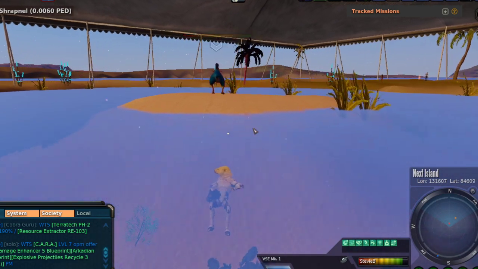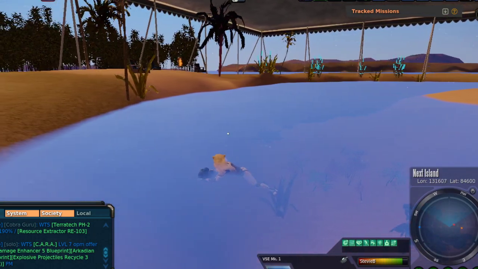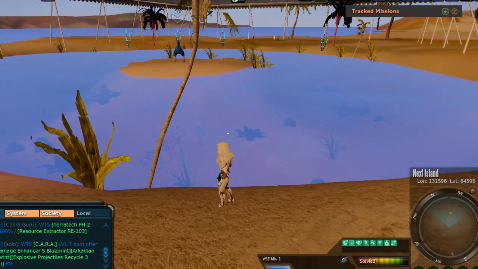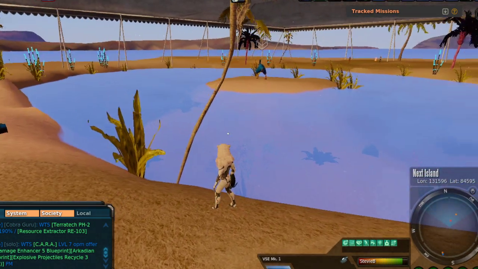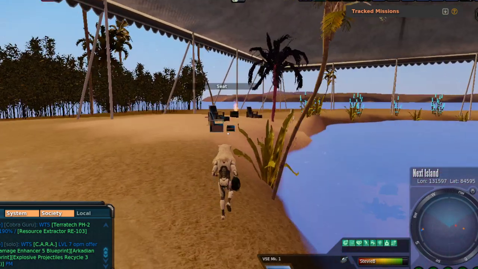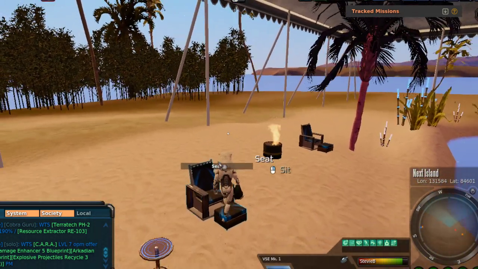Bam. Respawns again. So this thing will just respawn and respawn and respawn. That's why they called it the wet circle. It's a sweat circle inside of a wet circle. How cool is that? Now, if you saw my other video that I did about the sweat circle that has